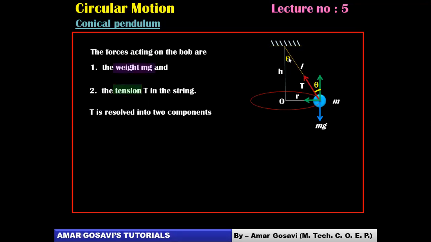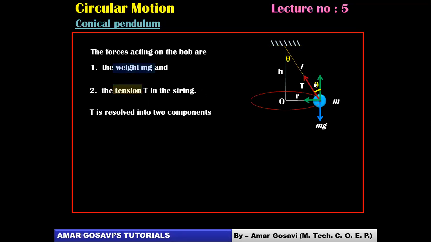Okay. If this is theta, these two lines, if you observe, they are parallel lines and this is a transversal. So obviously by geometry, you can prove if this is theta, this angle will also be theta, alternate angles you can consider it as.